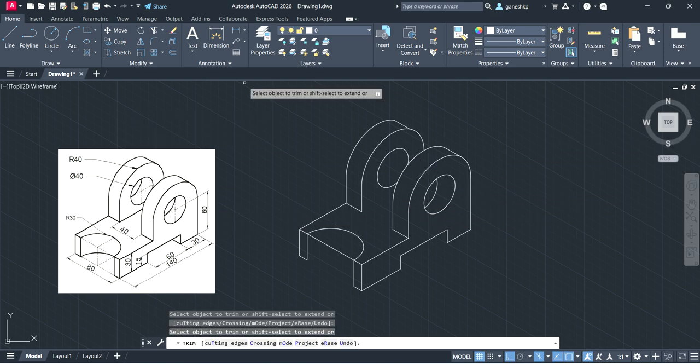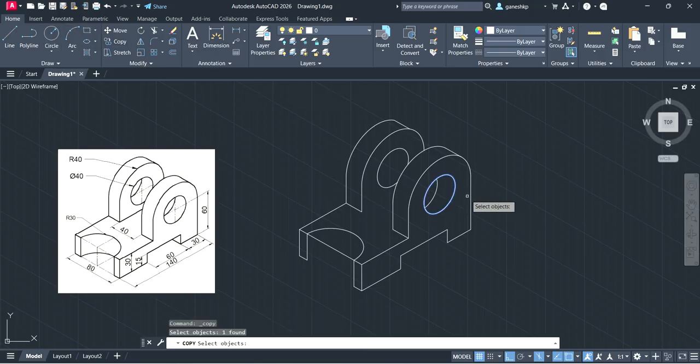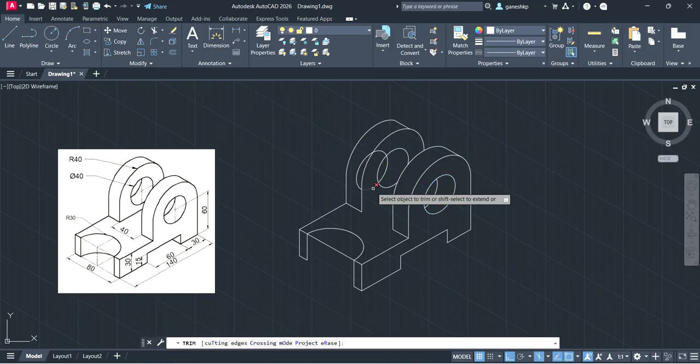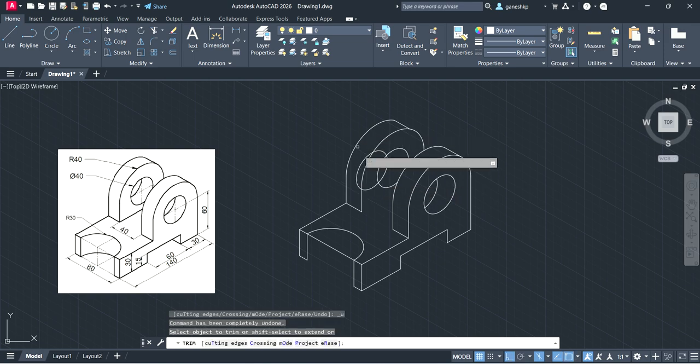So same. I will copy this line from here to this point. So how much? From here to here 80. Give escape. After that trim it. From this point to this point to this point is 80. Okay. So then again I'm going to